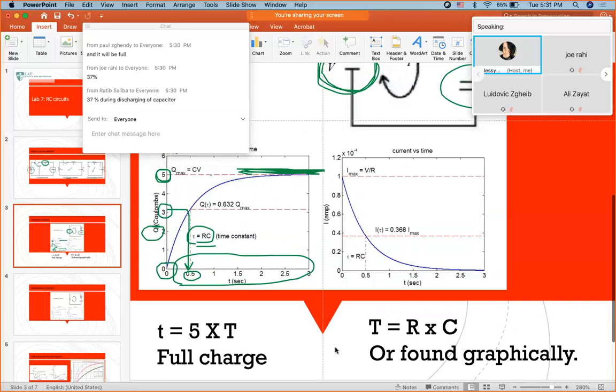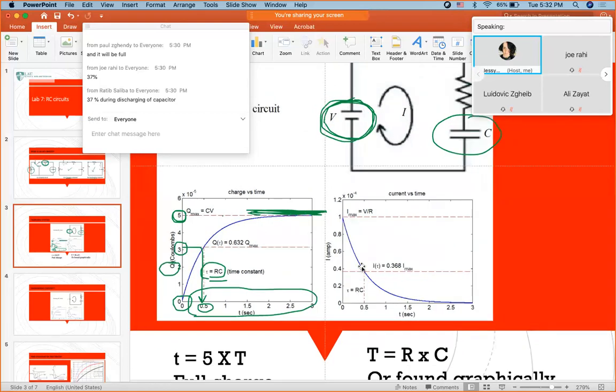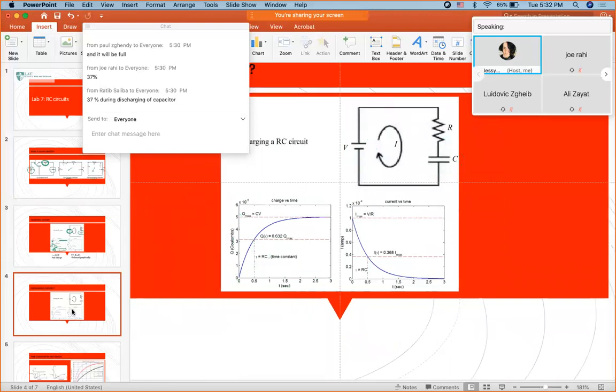Now for the current, at the beginning, the current is so high in the circuit and then it decreases to 0. You have 0 current whenever the capacitor is fully charged. It's like you're charging your laptop, and whenever it's fully charged, it will stop taking current in. As simple as that. Okay? So this is the charge. Now for the discharge,